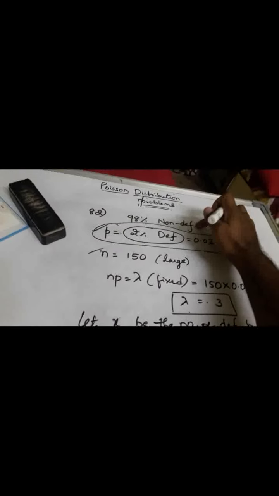Question number 1. What is asked? Exactly one defective. Everything is quite similar. The only change is that the value is given about non-defectives, but the question is asked about defectives. So there is a contradiction. Definitely 98% should not be taken as p. That is obviously failure. p should be taken as success. Defective is a success currently. So the p value should be taken as 2%.